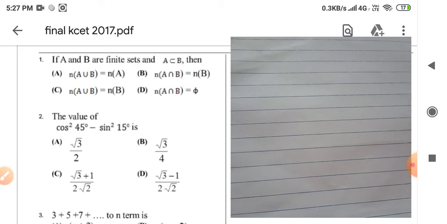Today I brought you such a logic. I brought a 2017 KCET paper. I just want to show you how to solve this paper within a short interval of 30 minutes. I will go on solving this one, and my sincere request to all of my students is: